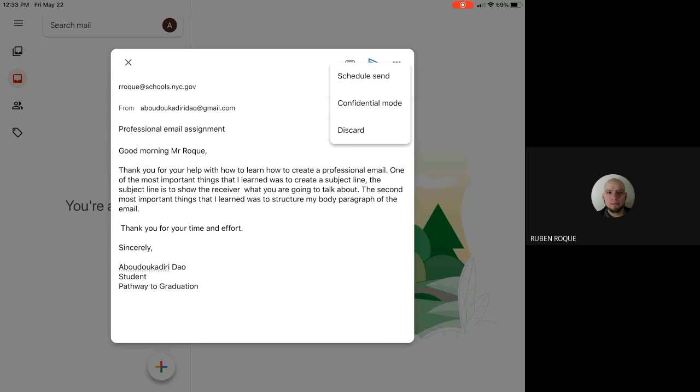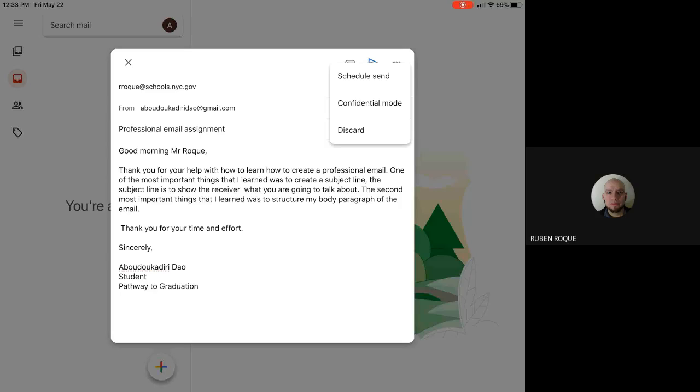But do you think it's good or not? It's, again, depends on the situation, depends on what the information is about and who you're sending it to. So if it's to a doctor about a procedure or something private like that, you could put confidential mode.